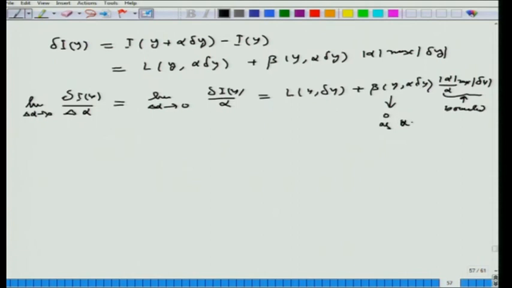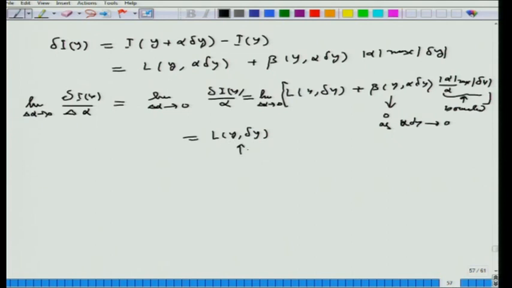And so the limit as delta alpha tends to 0 of the whole thing will be equal to L y delta y, which is the linear part in the variation